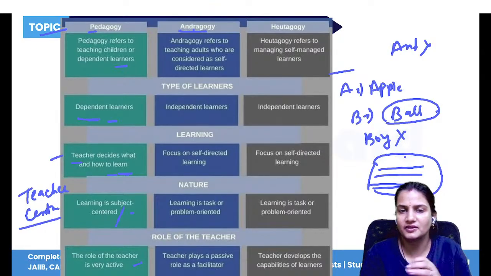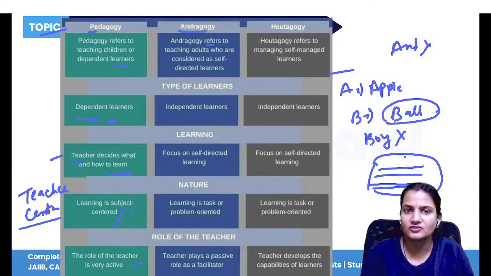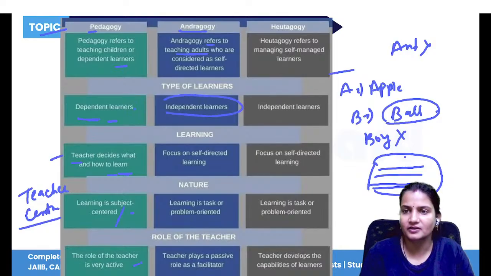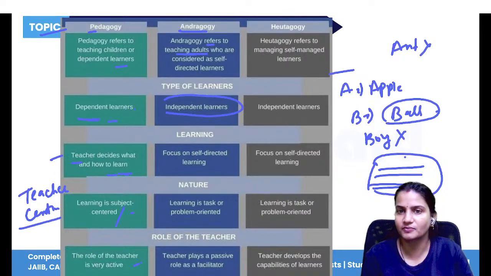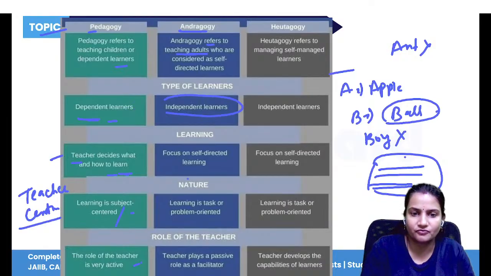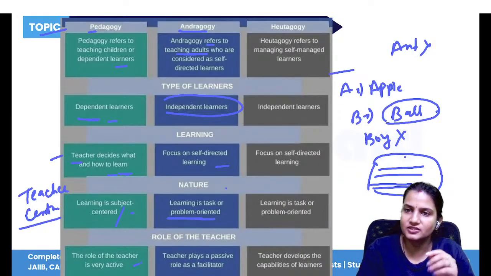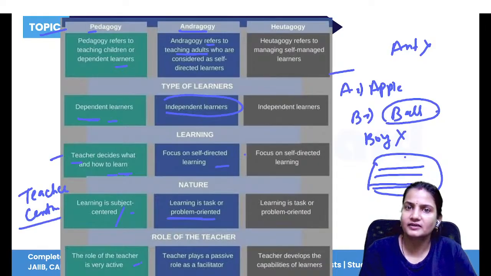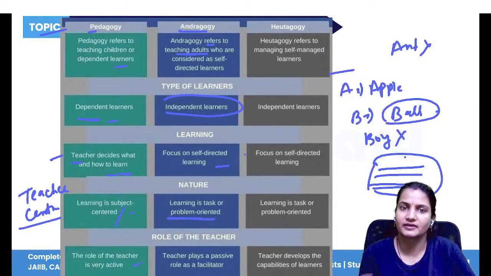Now, andragogy is when you are teaching higher level students, like class 8, 9, 10, 11, 12 students. That is called andragogy. So, andragogy refers to when you are teaching adults, the teenagers. Here the learners are independent because they know very well what is good for them and what is not. If they are in class 11th and 12th, they know which subject to choose, what is my field, where I have to go in the future. So the focus is on self-directed learning. They will try to solve their own problems. So here also the students are dependent on the teacher, but not that much. They are dependent just if they have any issue or find any difficulty.